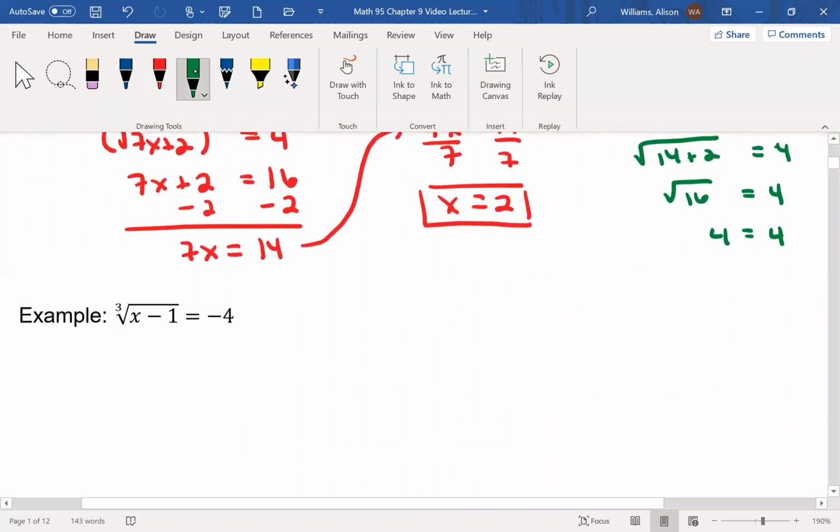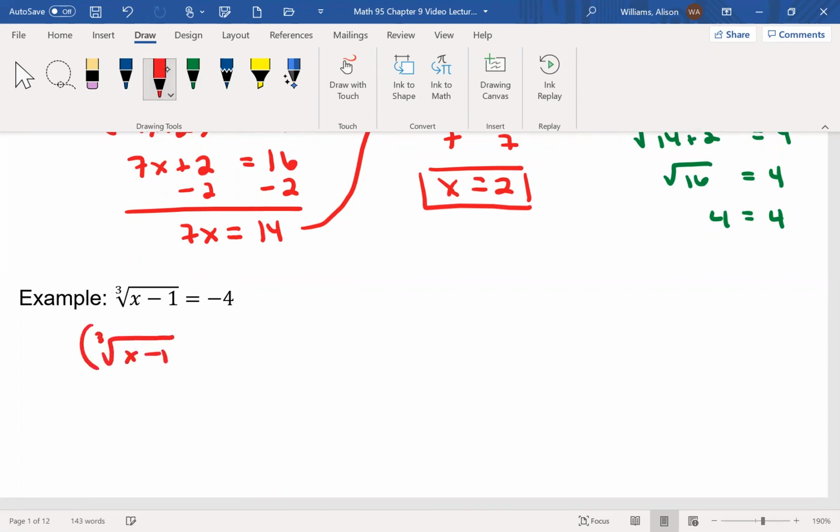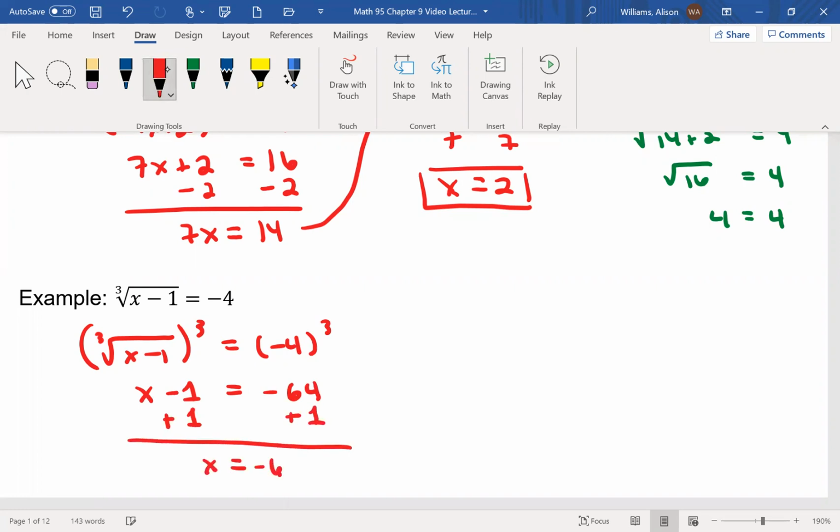All right, so let's try another one. So this time I have a different index. This time I have an index of 3. It's a cube root. So on both sides, I am going to raise it to a power of 3. And what that's going to do is cancel or undo the cube root. So I'm left with just x minus 1 on the left, and on the right, negative 4 cubed is going to come out to negative 64 if you just plug that into your calculator. And then I'll add 1 to both sides, and I get x equals negative 63,